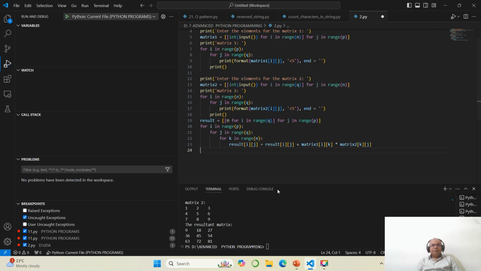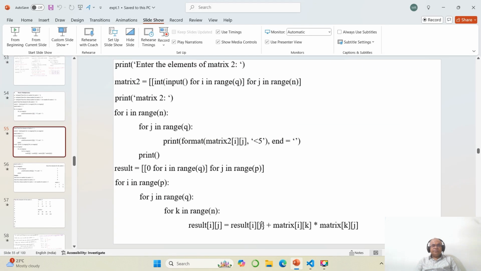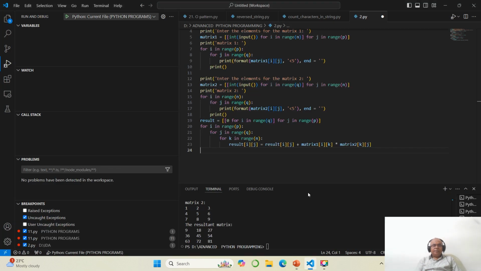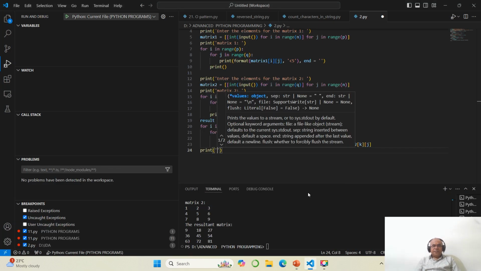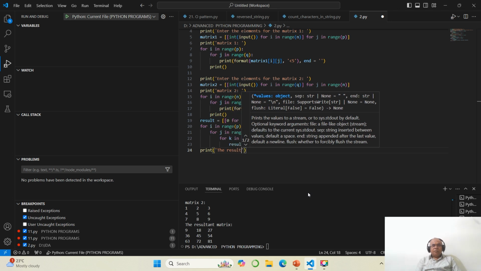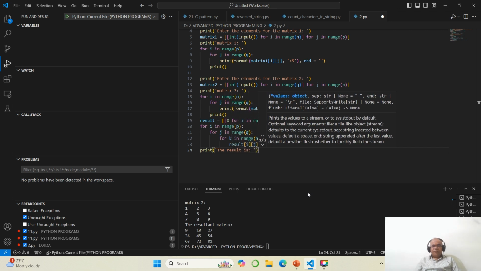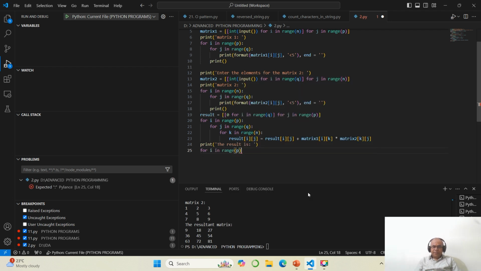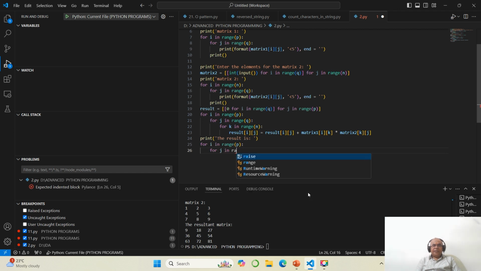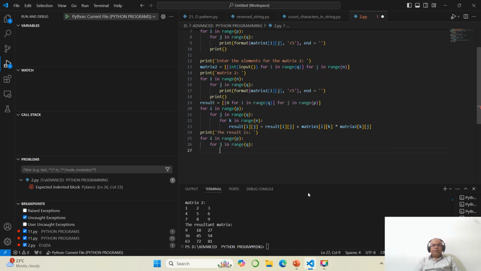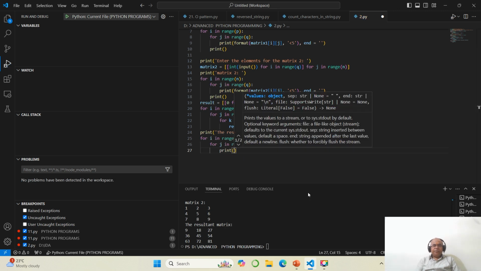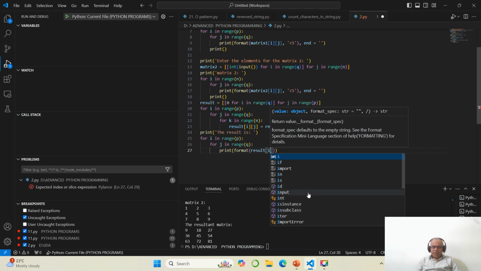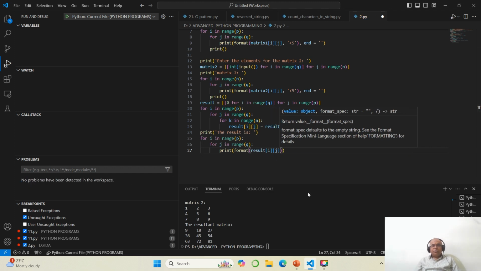Then after that, once you have the result, I want to print "the result is". Next, for i in range P, for j in range Q, then print format result of i j,